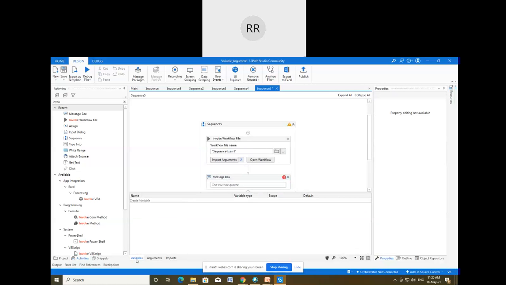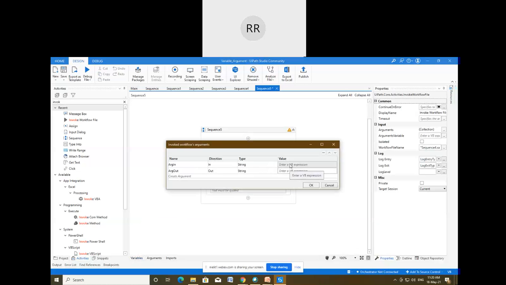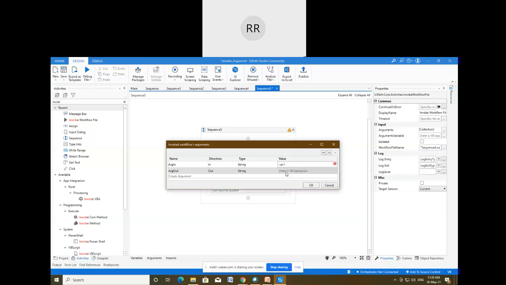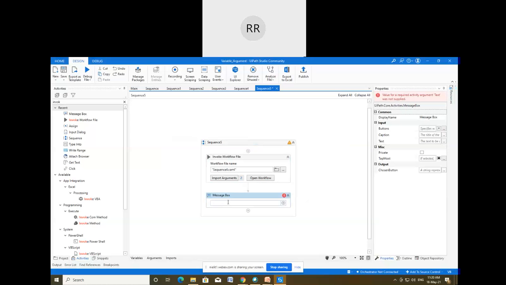Now I'm going to print both the variables so that I can check.